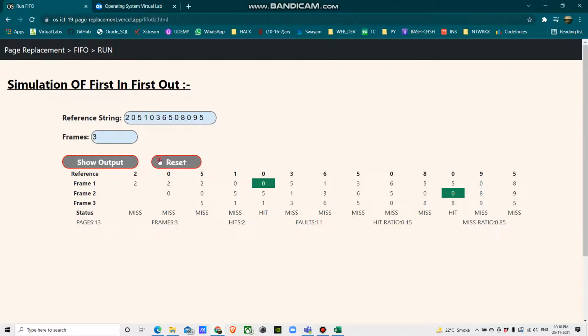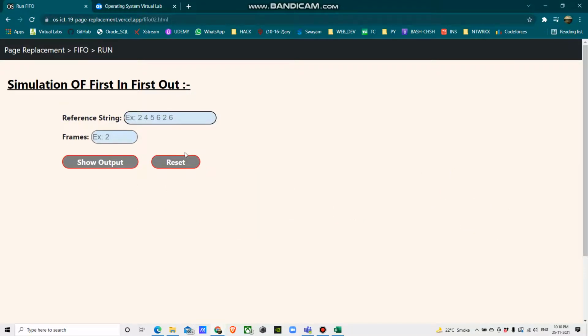After resetting it, we can give any other string, and we have kept restrictions on the number of strings. Last time we inputted 13 strings. Right now we are giving more than 13 strings. Actually, we have restricted it till 16.